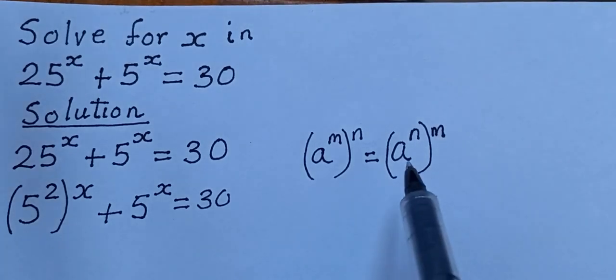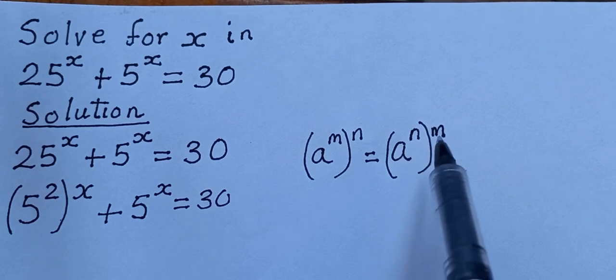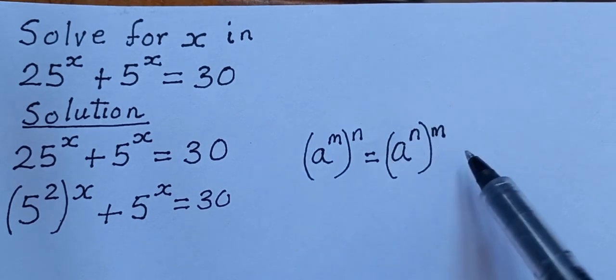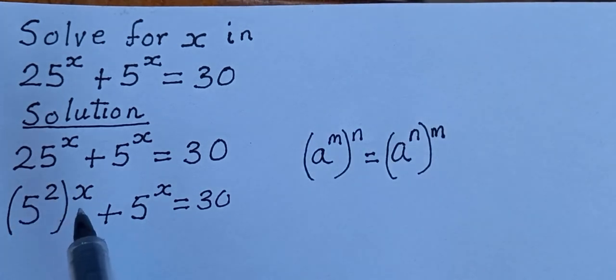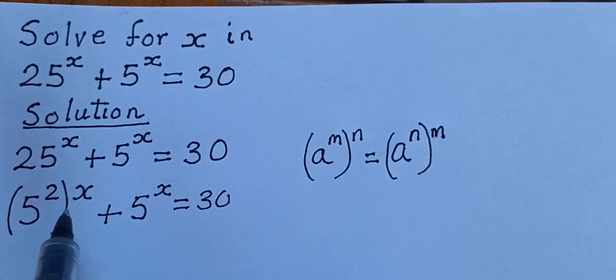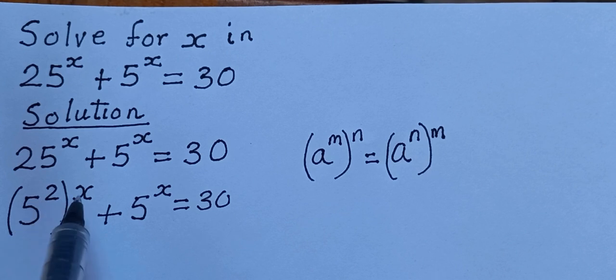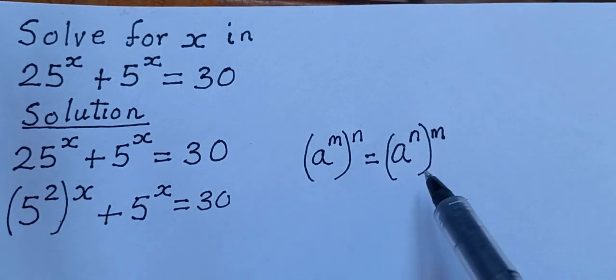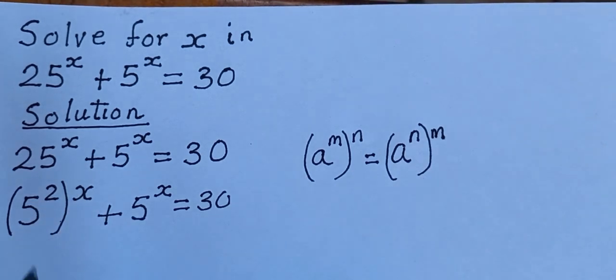So let us use this rule of exponent in this case. So you will find that x goes inside and 2 goes outside by using this law of exponent. So we have